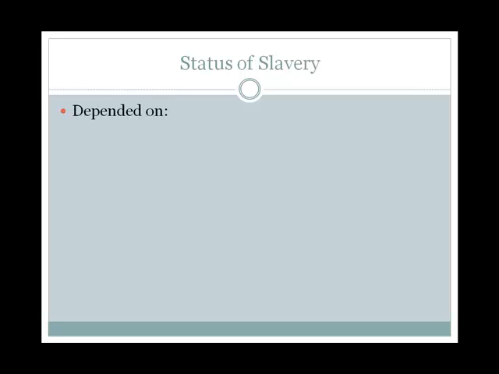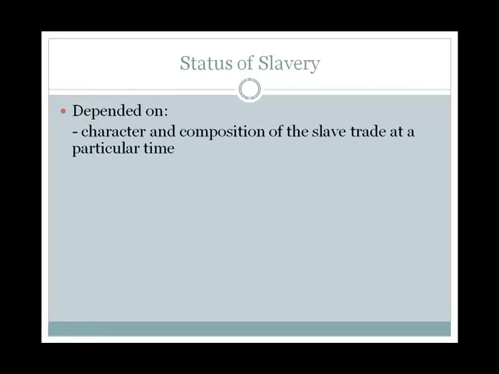Okay, let's look at the status of slavery in the colonies. In any particular colony, it depended on several things. In other words, what is slavery going to look like? How is it going to be practiced in North Carolina as opposed to New York? So, what is the status of slavery and what will it look like? It depends on the character and the composition of the slave trade at a particular time. Are there a lot of Africans coming in,